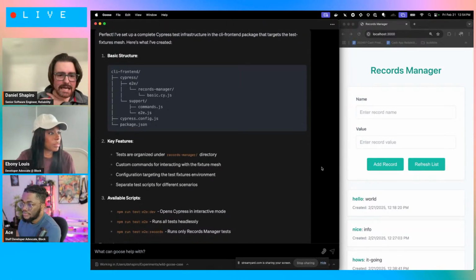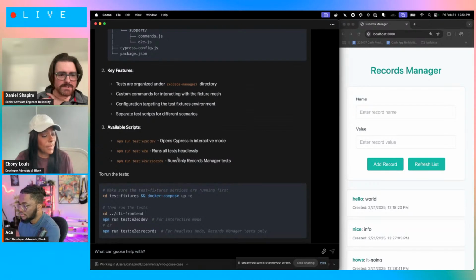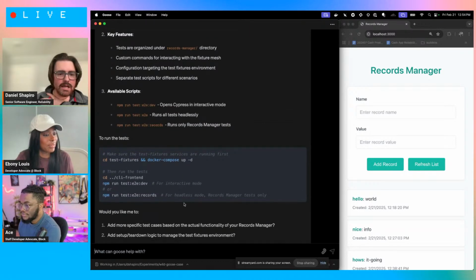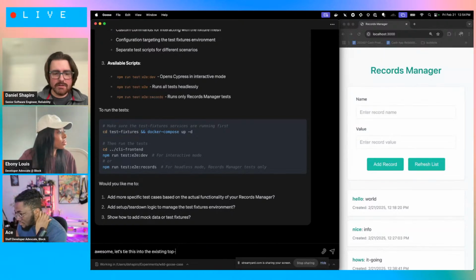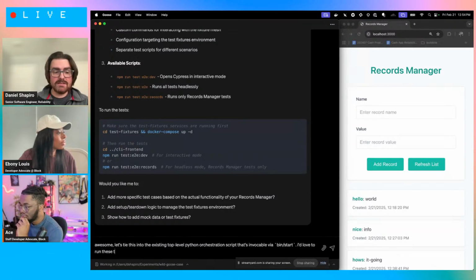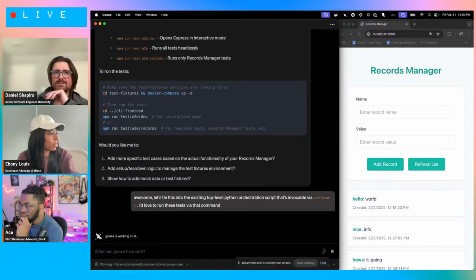I think what I should be able to do now with these scripts is weave all of this together and run this test in interactive mode or headless mode. So what I'd love to do is say, awesome, let's tie this into the existing top level Python orchestration script that's invocable via bin start. I'd love to run these tests via that command and just see what comes up,